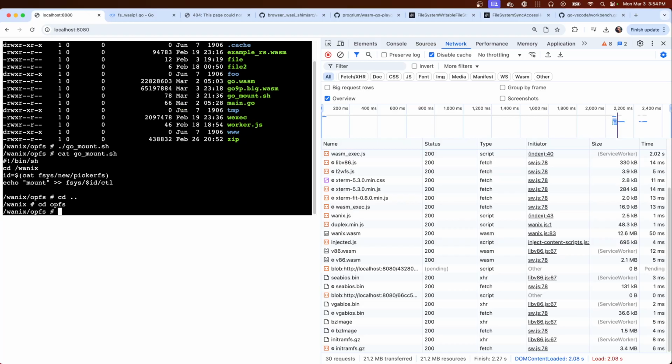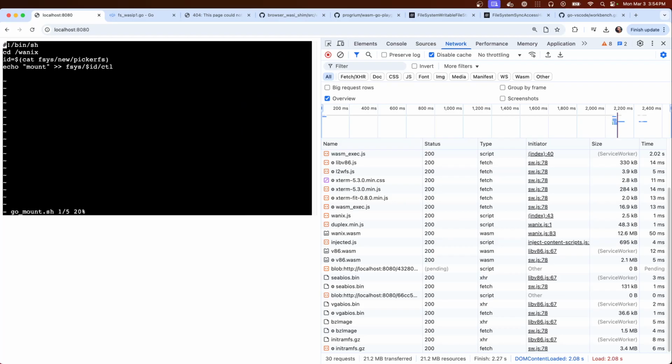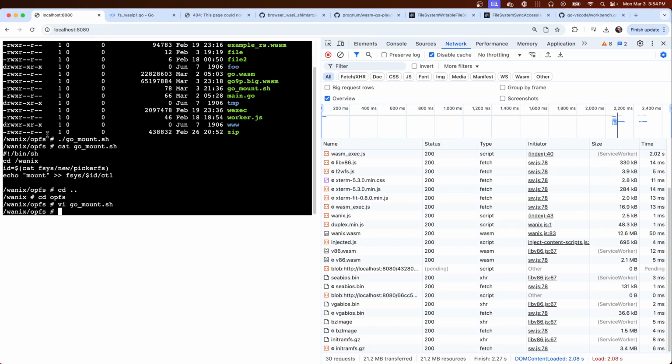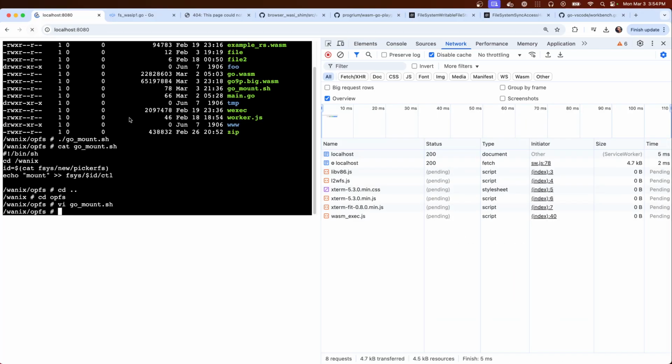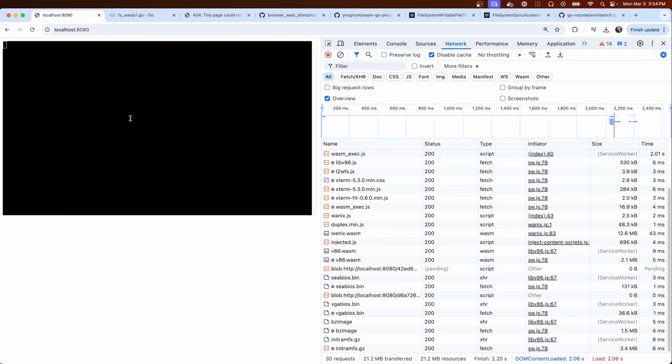Maybe I'll just edit the file and reload. This would be basically the first shell script of this Wanix environment that is actually useful.